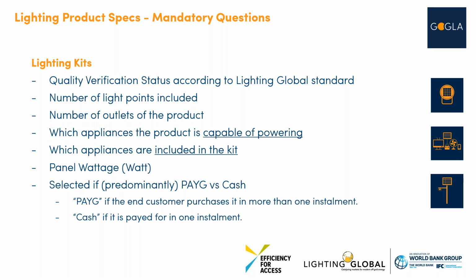But they are regarding the lighting kit. Please keep that in mind. It might be a little bit confusing, but we're reporting lighting kits, and some of those are able to power appliances. So if the lighting kit is able to power appliances, we want to know which ones it has capacity to power, without going into specification of what that actually means, and without it having to be included in the package. I think that's also important.